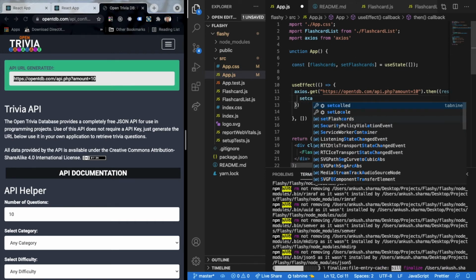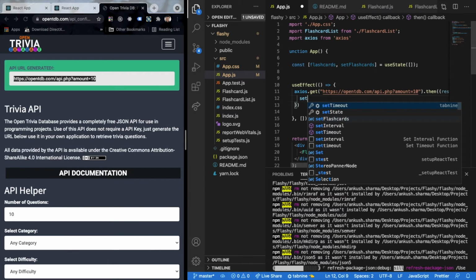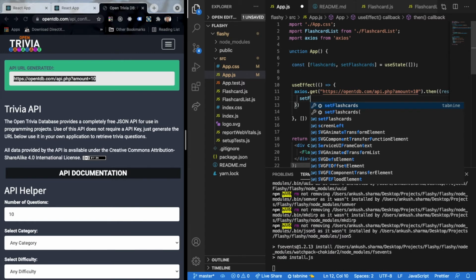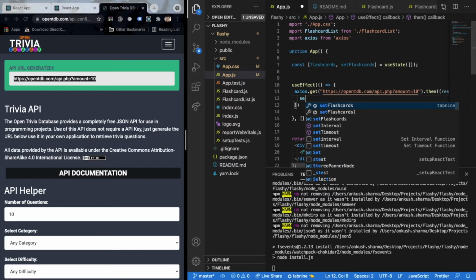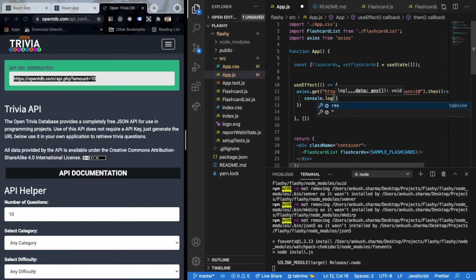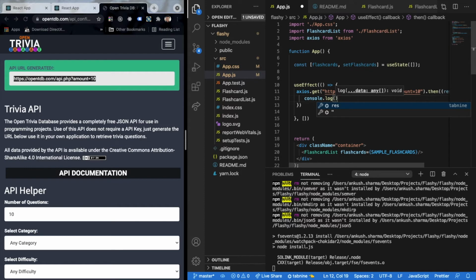So next thing I'll use the set method. Now what we want to do is set our flashcards over here. So we definitely would want to add all the flashcard values right over here, and basically enter everything in this set flashcards data. But you notice that these are arrays, and we want to be really careful of how we actually enter this information. So before setting anything, let's just see in our console.log if we are able to get everything in the correct format that we want.